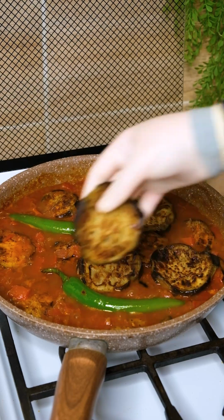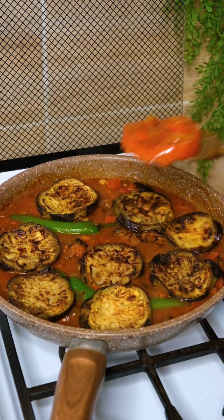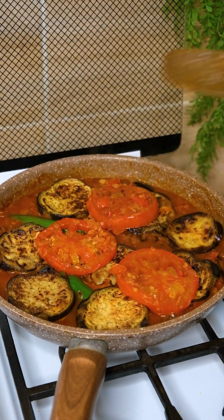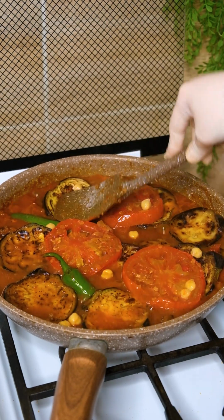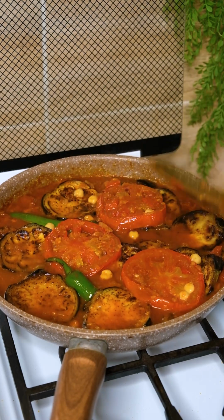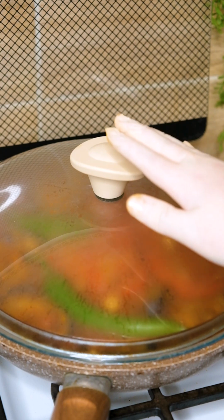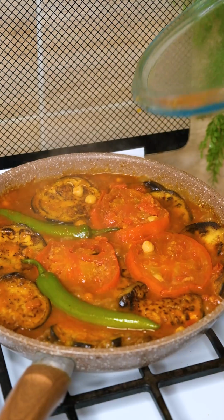Put the rest of the eggplants and mix them a little bit with the sauce. Put the tomatoes that we've cooked earlier, some chickpeas that I left for decoration, leave it on medium heat for 5 minutes until the eggplants absorb some of the tomato sauce. Now it's ready to be